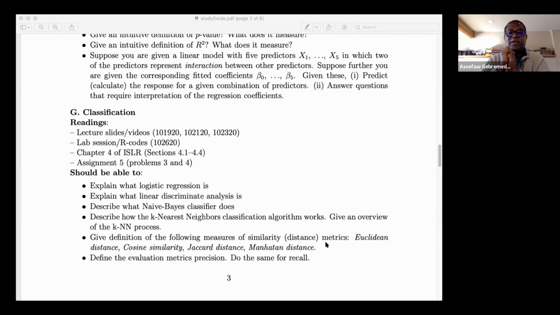k-nearest neighbors classification algorithm was a lecture where I said it was not based on the book. The ISLR book continues to be relevant. Chapter 4 is where these things are discussed. But this particular lecture on